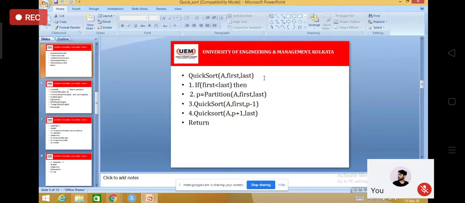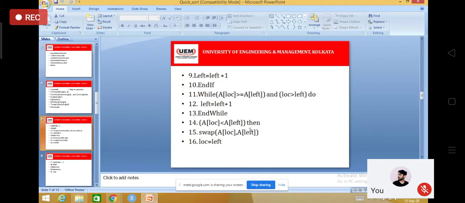you can reach till the last element. You will call the partition function with first and last, and whatever p is, one index position will be returned. Then you will call the function again recursively with first, p minus 1, and p plus 1, last. Now, in merge sort, the entire thing is written in the merge function. Other than this block, your entire logic is in the partition function in quick sort.